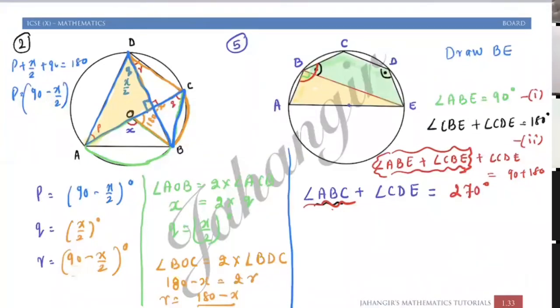Sir, can you explain once why in a semicircle there is sometimes a 90 degree angle? When you have a diameter, one of the sides should be the diameter. AE is a diameter. Now, any angle inscribed in a diameter is 90 degrees.